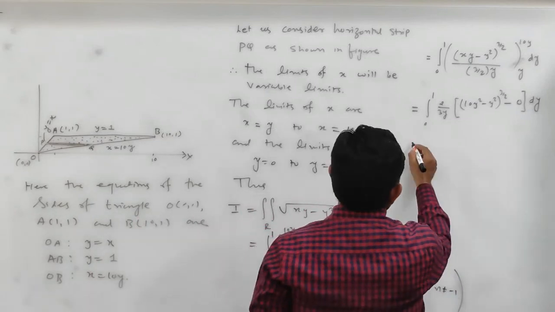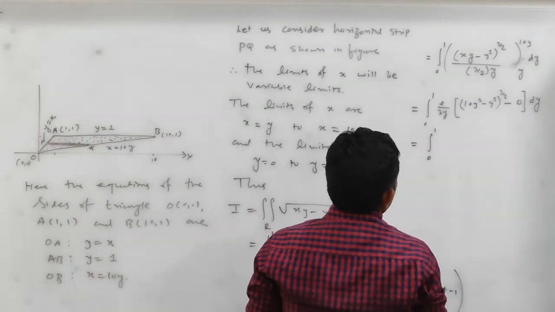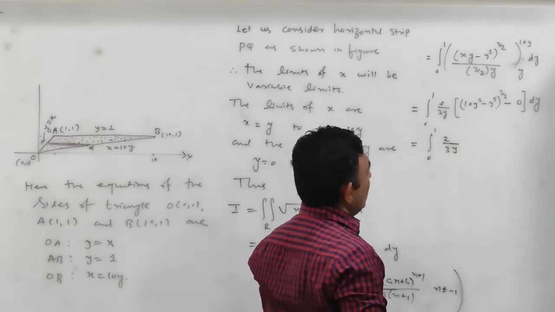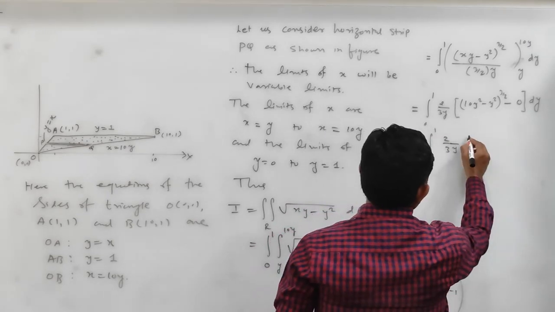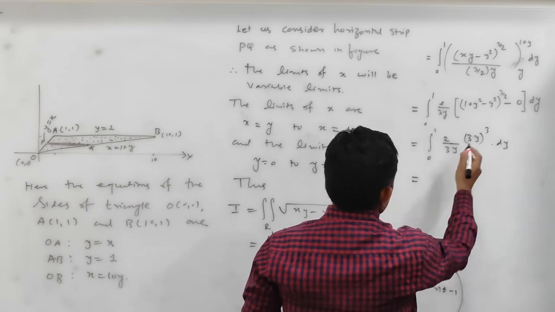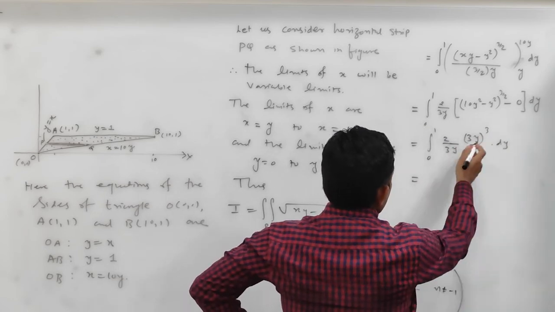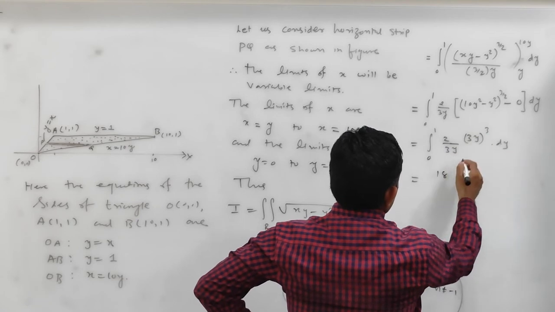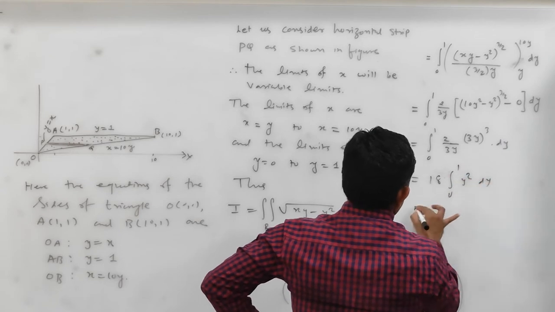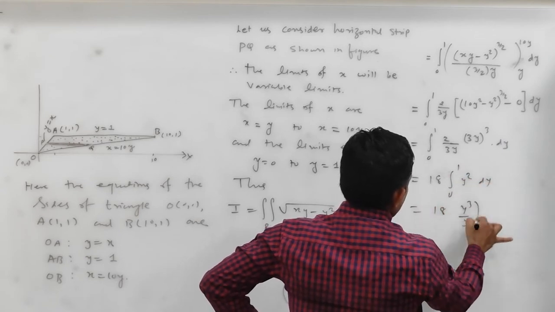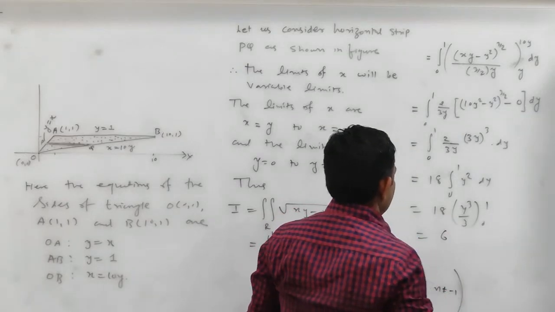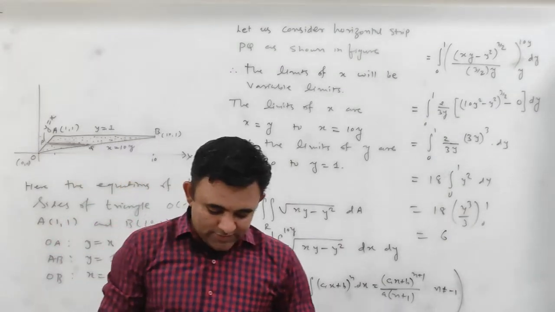Fine. So finally it is integration 0 to 1, 2 by 3 y, (10y square minus y square) which is 9y square, and its 3 by 2 power is 27 y cube... into dy. So again, 3 gets cancelled, so 9 twos are 18, and y cancels, so 18 y square. 18 is constant, take it outside, 0 to 1 y square dy, and finally it is y cube by 3, 0 to 1, so it is 18 by 3, 1 minus 0 is 1, 18 by 3 is 6. So finally my answer is 6.